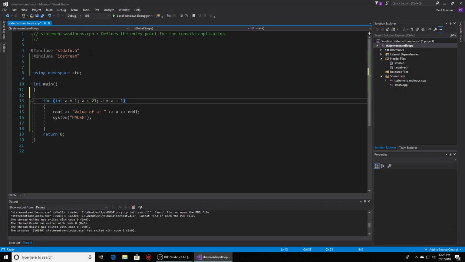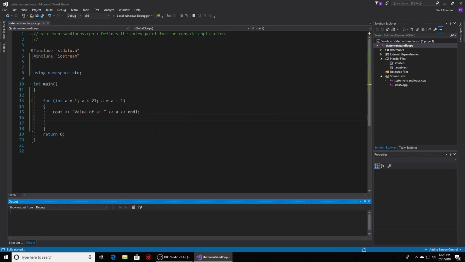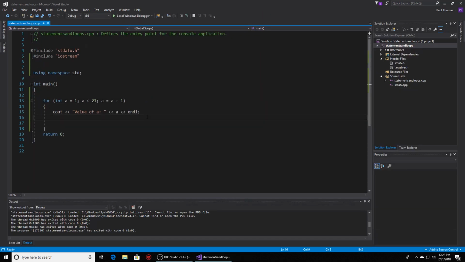The reason why it was messing me up earlier was because I was trying to figure out why it wasn't doing anything, but that was just because we had the system pause in there. It's been really buggy without the system pause. It'll just go ahead and print it out immediately. So I don't know why it's been doing that, but anyway,